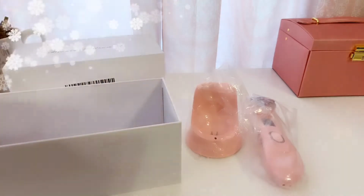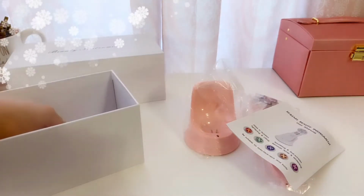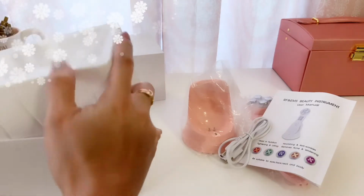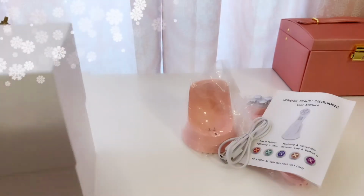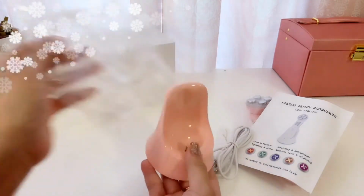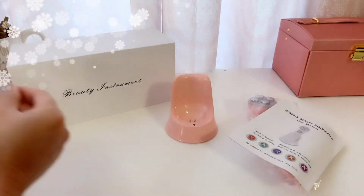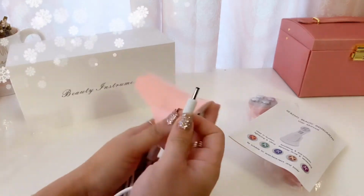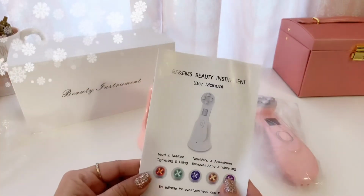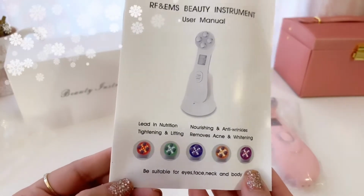Okay, so here I have the paper about the device, and it also has the wire for the charger. So here is the charger, and then it's right here, and then here it says lead in nutrition. So yeah,